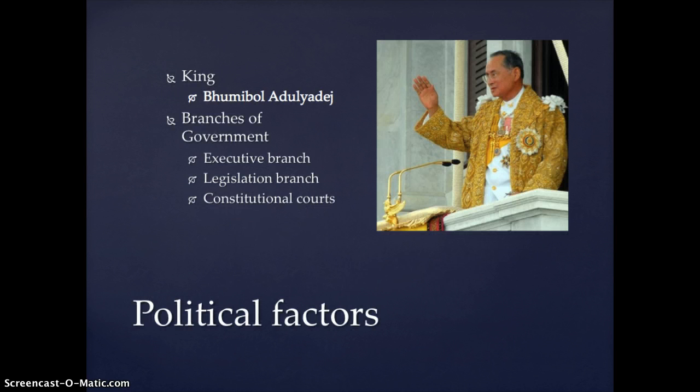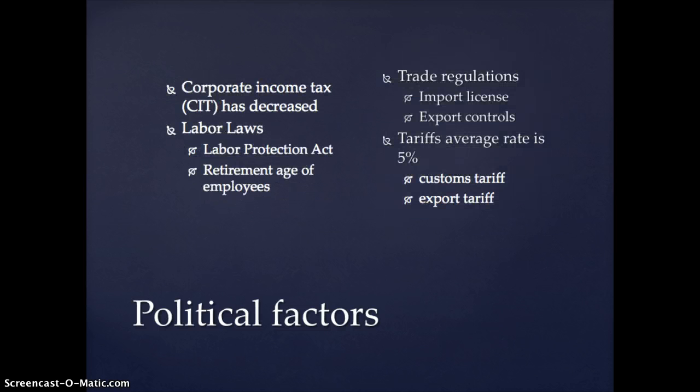The government structure in Thailand is one of the few countries that still functions under the monarchy system. Thailand has a monarchy. Thailand is a constitutional monarchy, a form of government under which the king serves the people of Thailand as the head of state under the terms of the Constitution of Thailand. There are also three branches in the government, which consist of the executive branch, the legislative branch, and the constitutional courts.